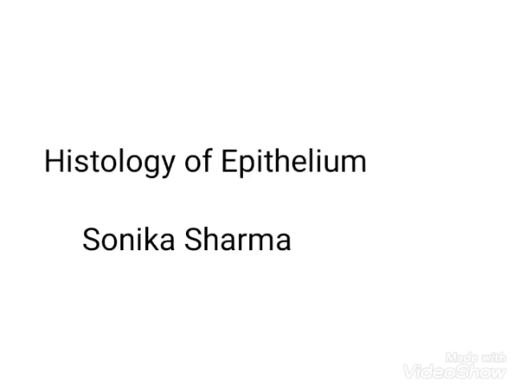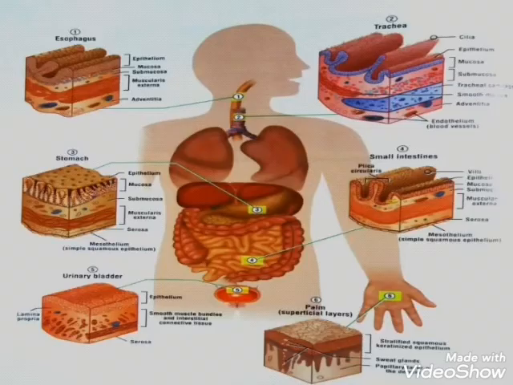Today I am going to talk about the histology of epithelium. Epithelium is a basic tissue of the body that consists of tightly adherent cells called epithelial cells. The inner and outer surfaces of the body are covered by a layer of cells that rest on the basement membrane. This covering layer is called epithelium. These epithelial cells perform various functions based on their location, like protection, acting as a barrier, absorption, secretion and excretion.